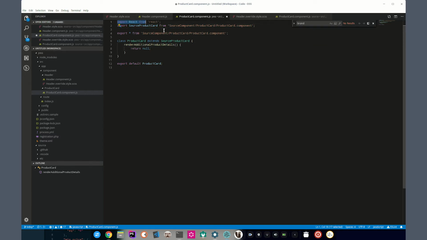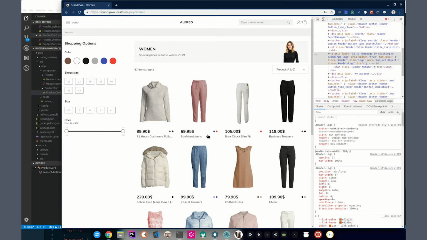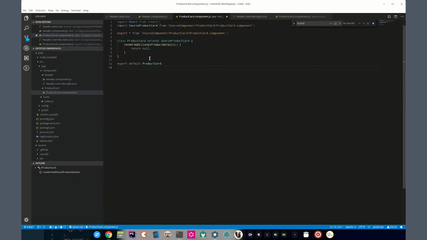Yeah, so this was a quick check. Maybe we will type something in later on. So let's see. Okay, we don't see brand anymore. Cool. But let's output something else here. Maybe we would like to type in